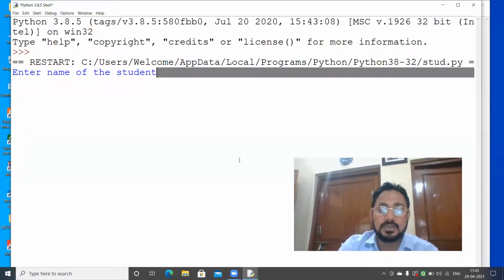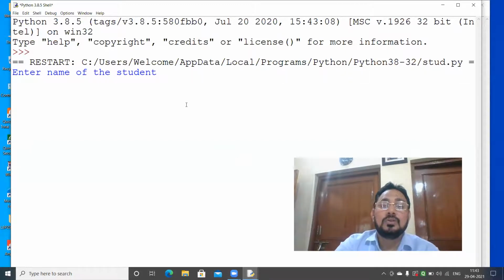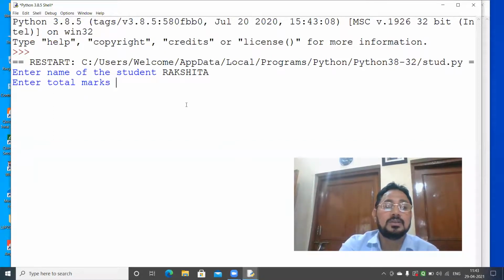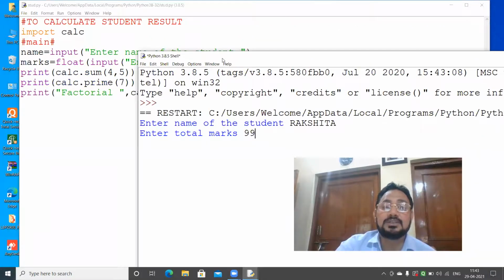Enter name of student. Rakshita, any name I will take. Marks, 99. So this was from the main part. Remember these two statements: enter name of the student and enter total marks. After that, I am entering here.